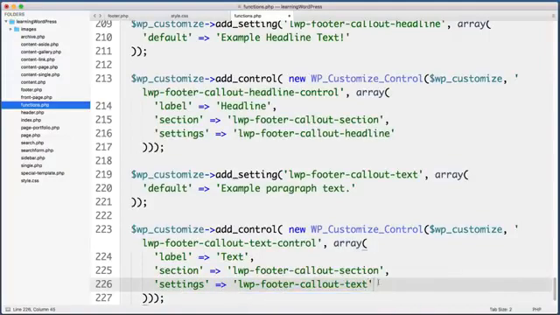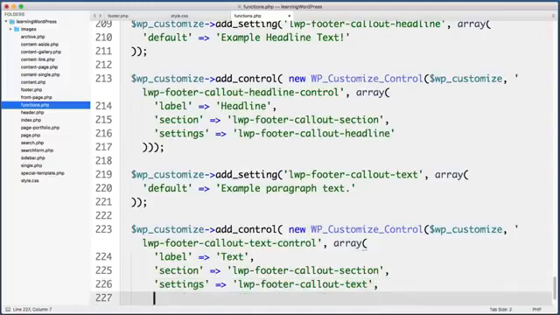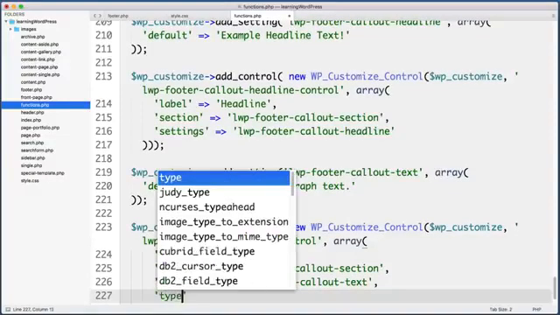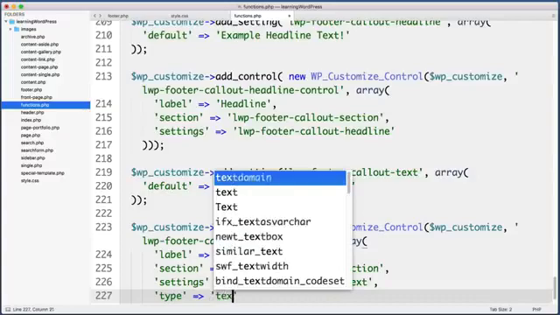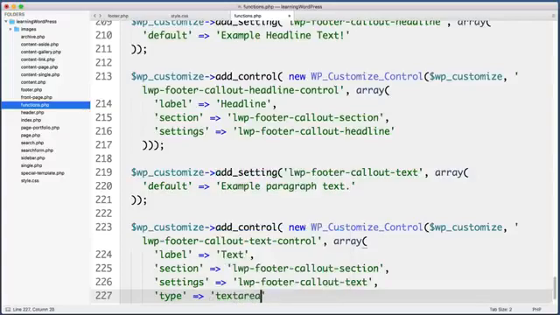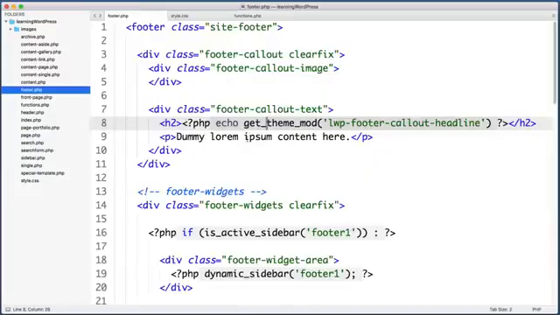And let's actually add a comma here because we want to include another property named type. Now by default, a control will be a single line text field, but for this paragraph text, we want a multi-line text area. So we can just set the type to textarea. Let's save this file, but before we test things out in the admin panel, let's first jump into footer.php and